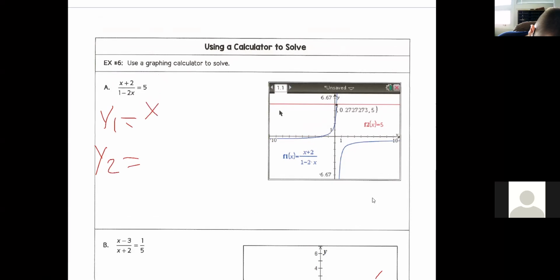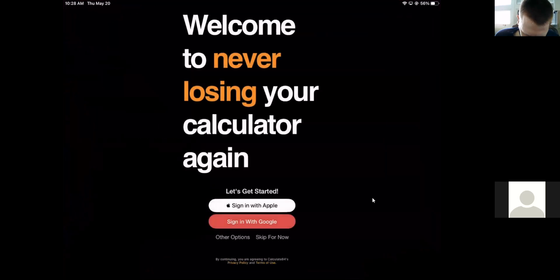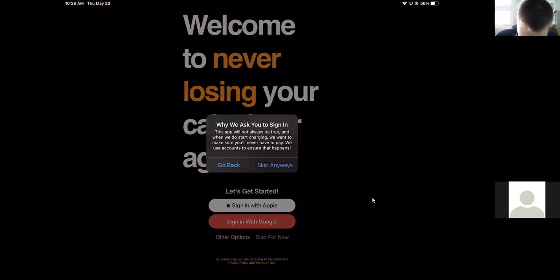So we're going to graph this: x plus 2 over 1 minus 2x, and we're just going to graph this 5. I'm just going to write these down. I do have it written down here. Okay. If you actually have a graphing calculator, or if you're using an app like the Calculate 84 app or another graphing calculator app,